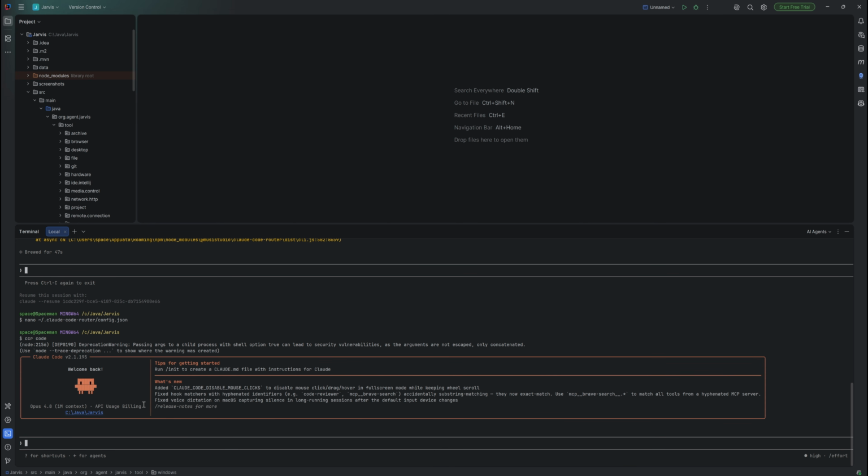Now you have your Claude Code ready, but there is one thing. Here is written Opus 4.8 API usage billing. Should I be worried? No, you don't. Because we already have our router and it will not send the request to Anthropic, and it will send the request